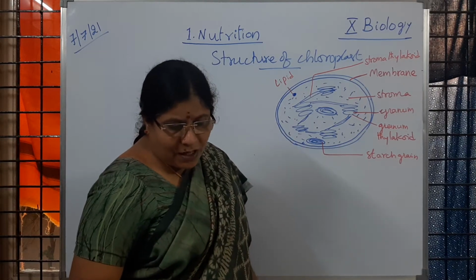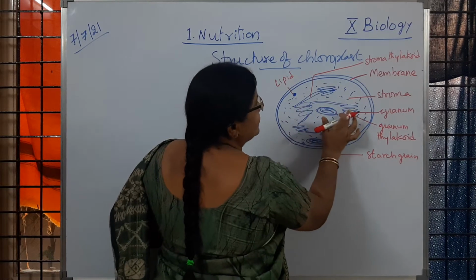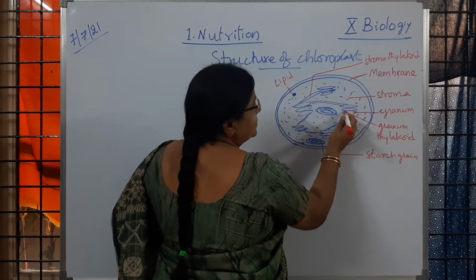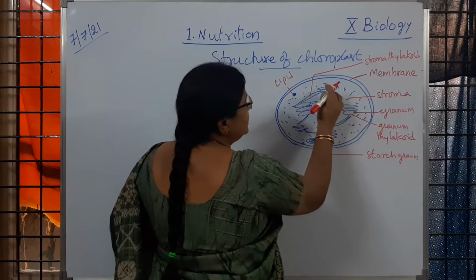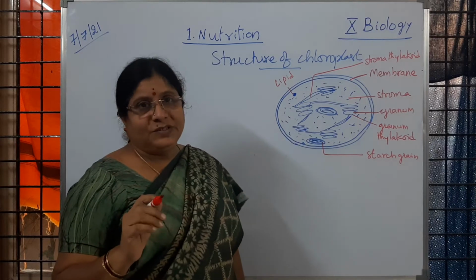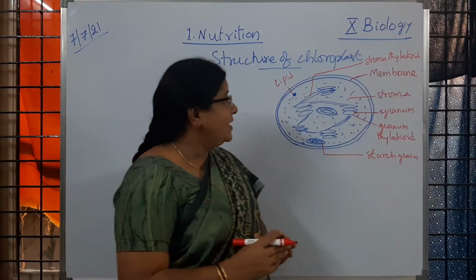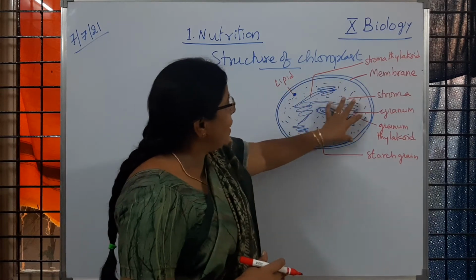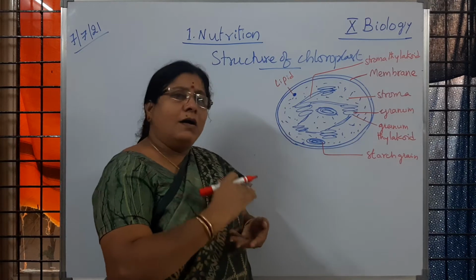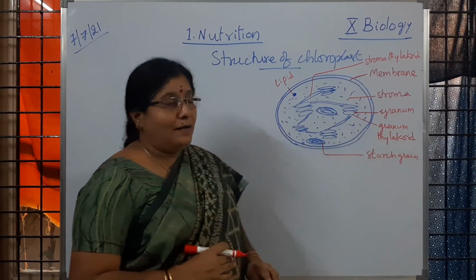Okay, so what do we call that? Stacked like structures, which we call a granum. So granum is singular. So we are going to observe a large number of bundled structures which we call the grana. Okay, grana is plural, granum is singular. Is it clear to you? So the third layer forms the stacked structures or bundle like structures which we call grana. Is it clear to you?